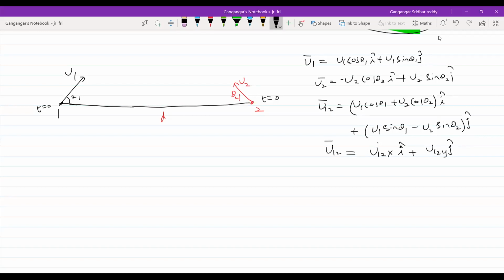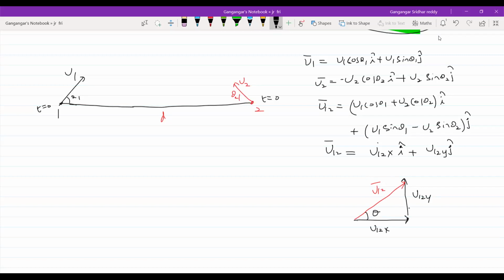Then after this, it all depends upon which velocity is greater, no? So I'm assuming this one. This will be the u12 x component, and this will be u12 y. So get the resultant. I already told you what you have to do. Only you have to somehow bring that velocity triangle. Problem solved. So call this some theta.